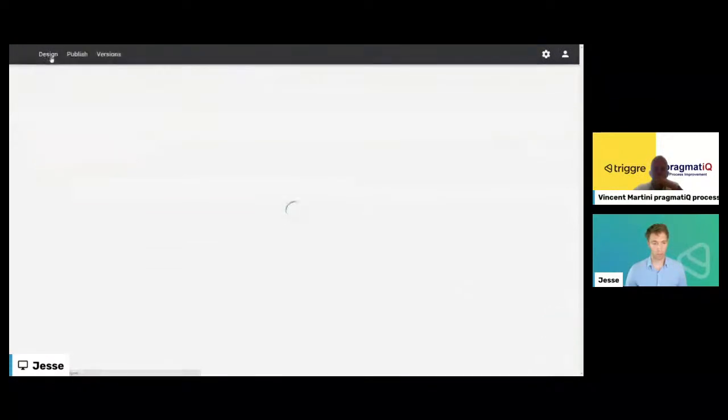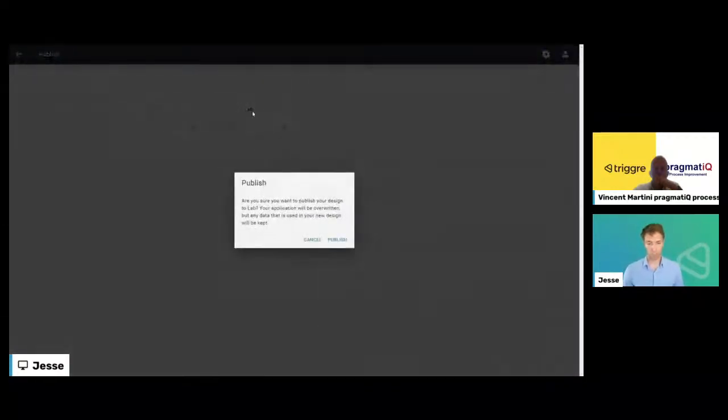And we can go back here, go to publish. And now we can actually create the application. So when we click publish, it says, are you sure? Because it will be a new version. Yes, I'm sure. And now what Trigger does, and that might be different than other things that you've seen, is